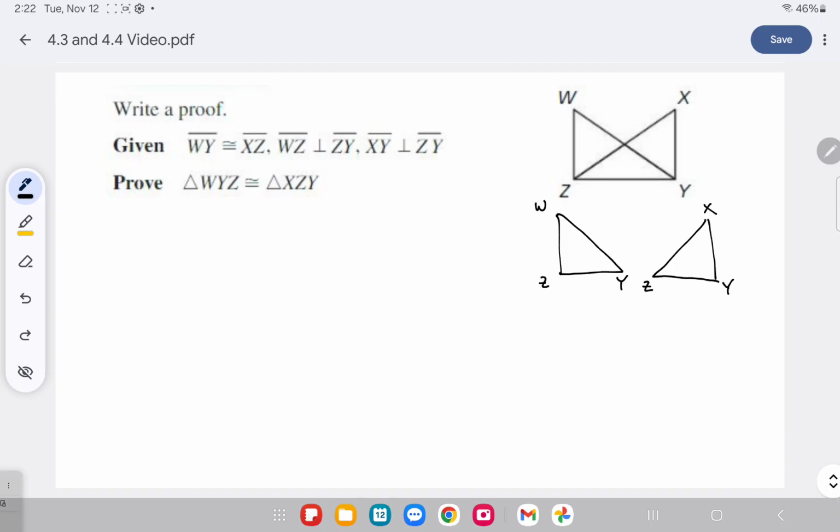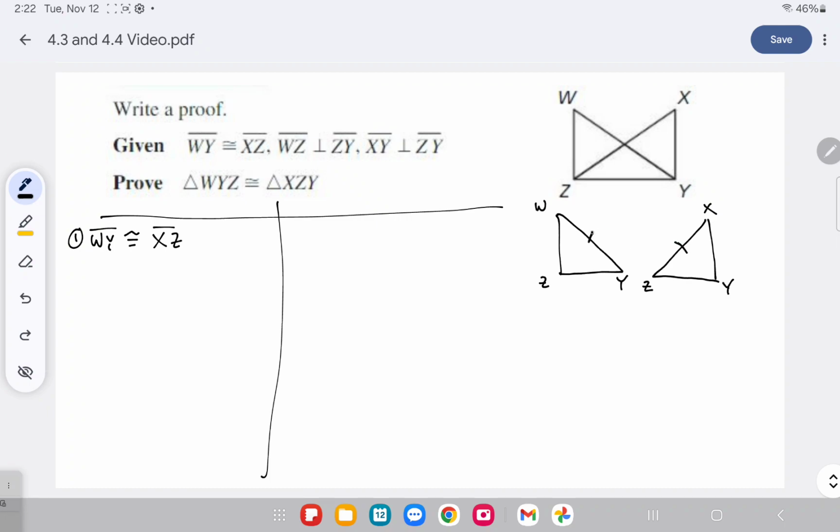So I have a triangle WZY and a triangle XYZ, and we're trying to prove that they are congruent to each other. So we have three given statements. The first one says that WY is congruent to XC. So WY is congruent to XC. And that's a lot easier to mark when I draw the two triangles separately than in the one where